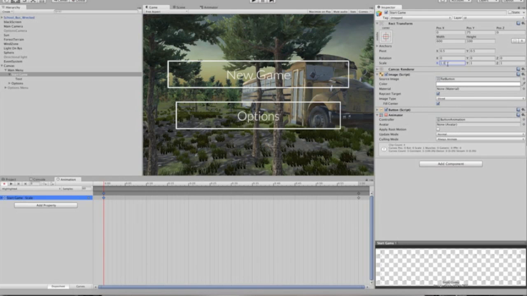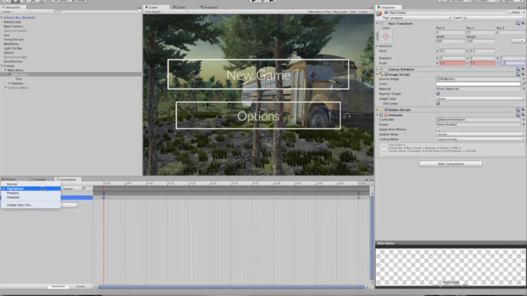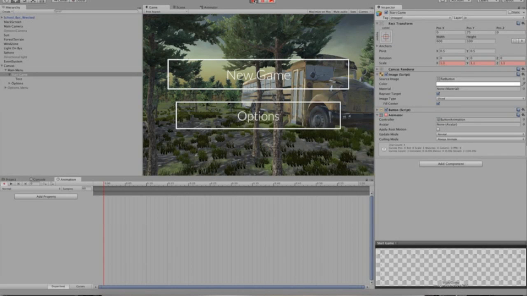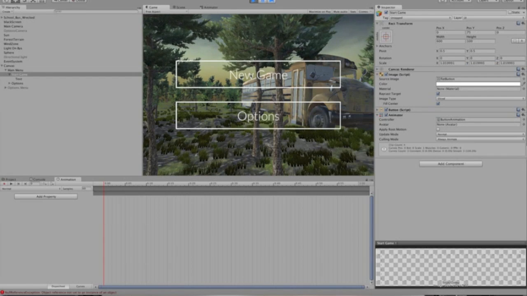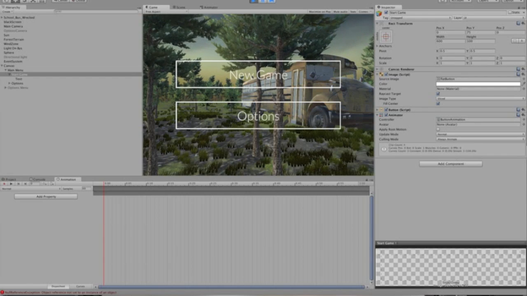So 1.1, you see the button getting a little bit bigger. This red background means that it's recording the animation, which is good. For button animations, you only need to adjust the first frame, and then it will automatically tween to your changes. So if I click play, you'll see that the button gets bigger to the new adjusted scale, even though I've got 1 keyframe. And I can do all this again for the options button, adjusting the scale, and it'll go